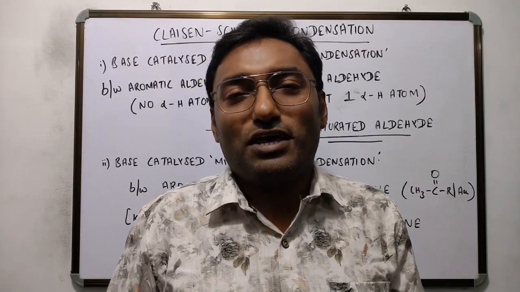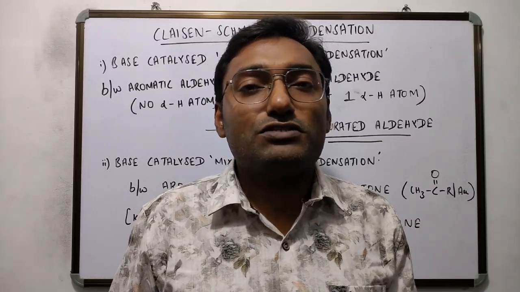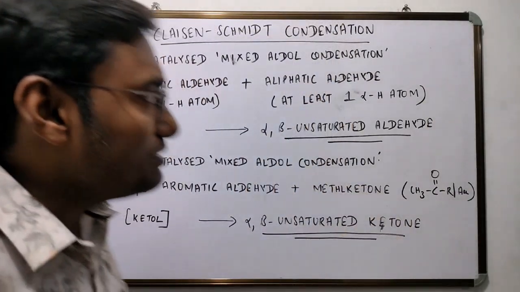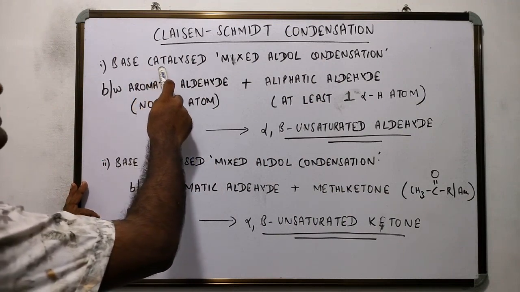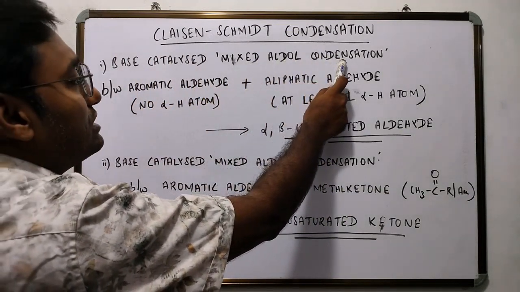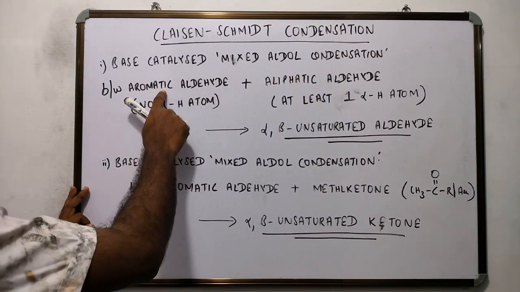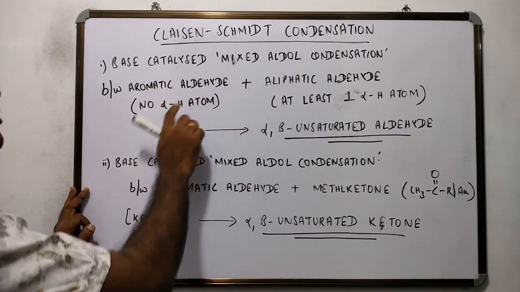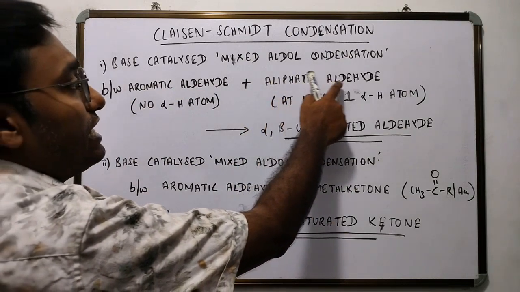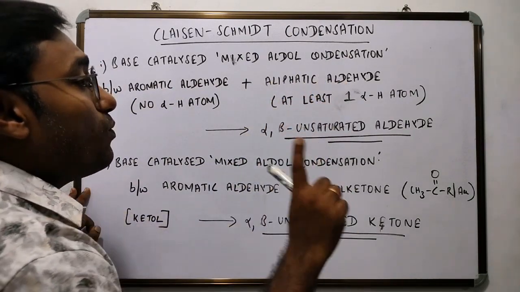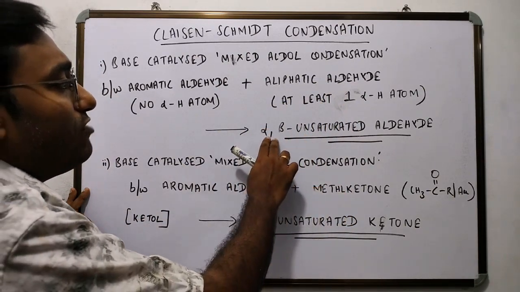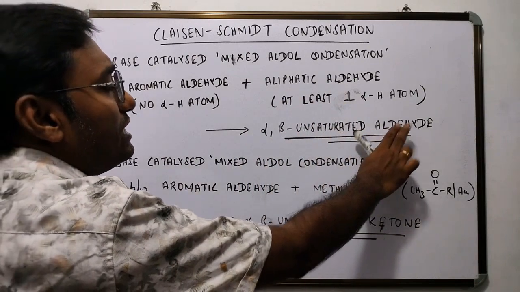Welcome to the class. In this video, we envisage to discuss Claisen-Schmidt condensation. Claisen-Schmidt condensation is a base catalyzed mixed aldol condensation between an aromatic aldehyde with no alpha hydrogen atom and an aliphatic aldehyde with at least one alpha hydrogen atom to yield an alpha beta unsaturated aldehyde,